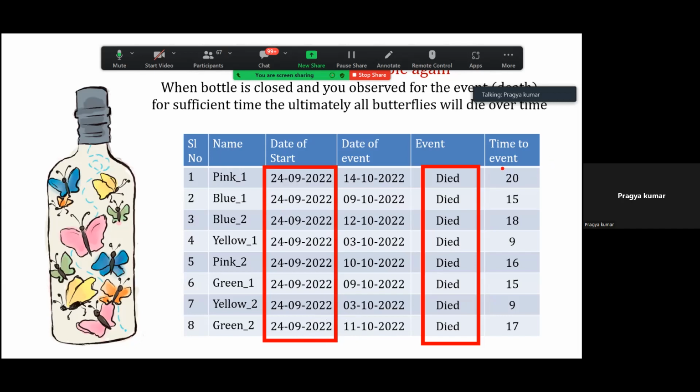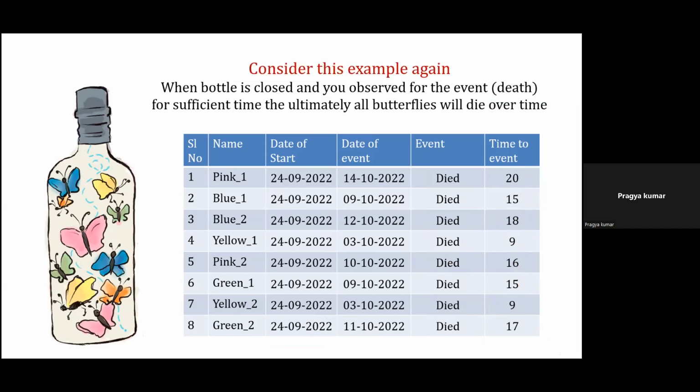And this time to event, you can see, is a variable time to event. In the first case, it is 20 days, 15 days, 18, 9, 16, 15, 9, and 17. So this is one example where all the butterflies died, the start day was the same, and there was a variable time to event. Now coming to